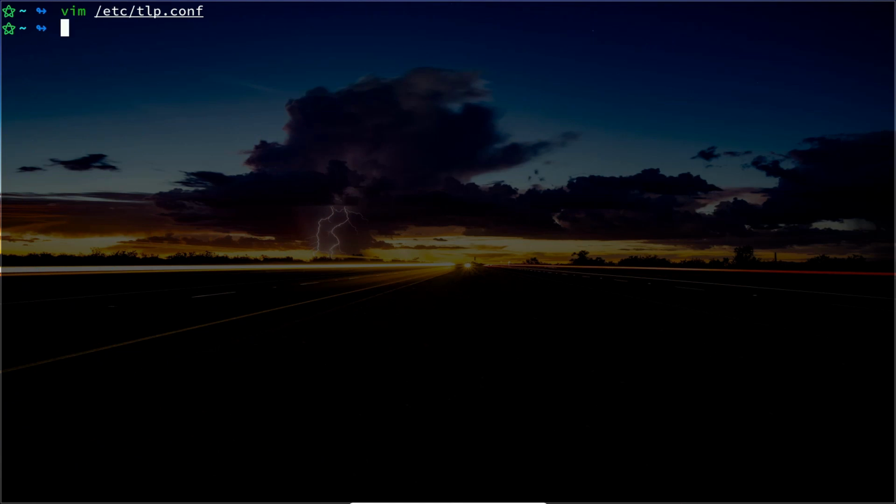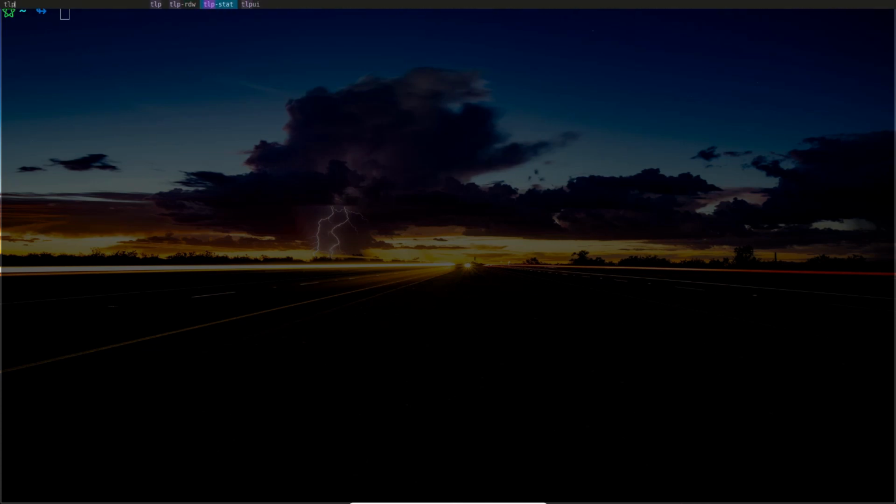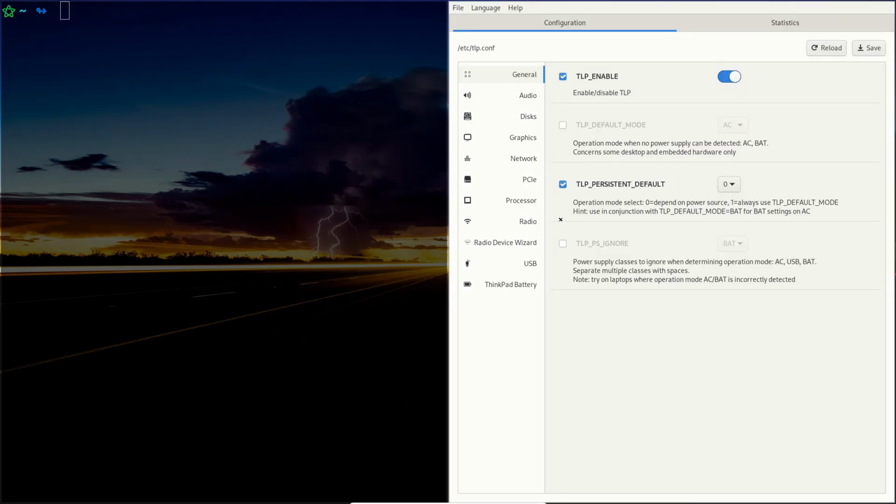That's why we installed the TLP GUI package. Then TLP UI. So this is the TLP UI, the graphical front end for configuring your TLP. Here you can enable or disable your TLP. Before doing this, you have to do something else from your command line. You have to sudo systemctl enable the TLP service,